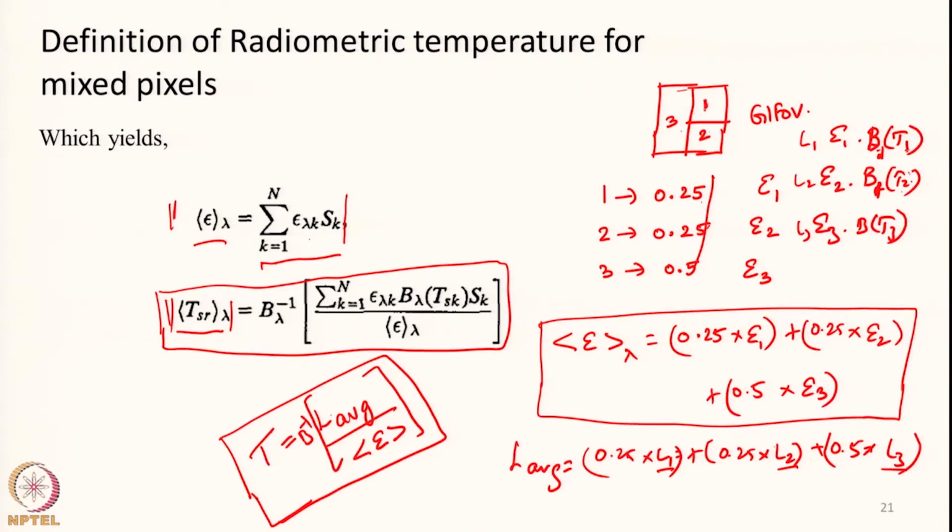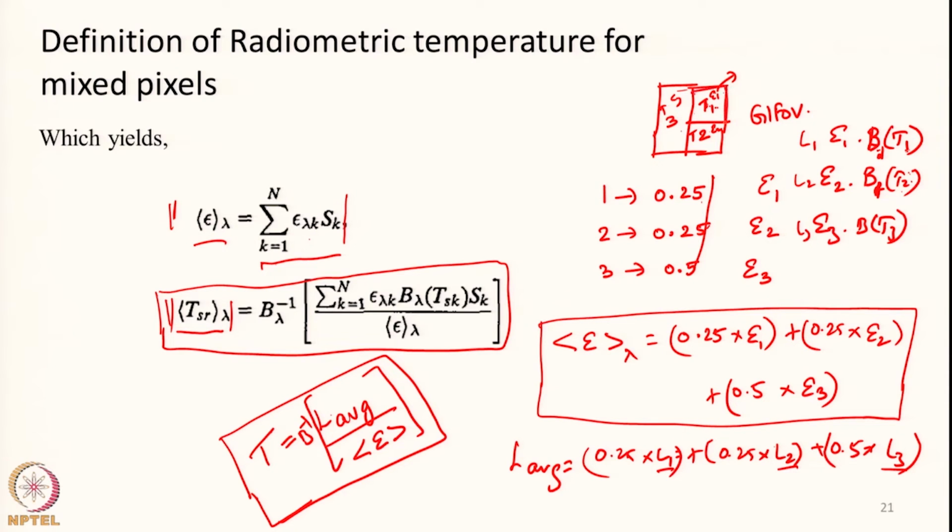Normally what we tend to do is, let us take the same example, if an object has 3 features, it is very natural for us to think, okay, this is object 1 having certain radiance, let me calculate radiometric temperature T1. Here there is object 2, let me calculate radiometric temperature T2 and so on. Find out the temperature of each and average it out. Let us go back to the same example. This is T1, this is T2, this is T3, with emissivity 1, emissivity 2, emissivity 3. It is very easy for us to compute the radiometric temperature of this particular pixel